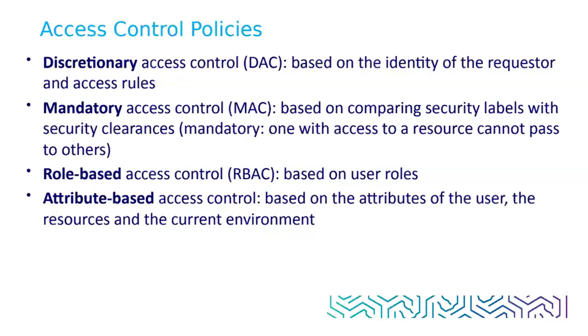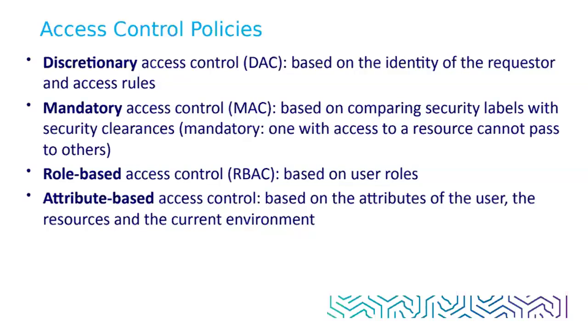And then we have role-based access control, RBAC. Instead of assigning permissions to the individual user, the permissions are assigned to the roles. So the users receive the permissions by being assigned to those roles. And then lastly, we have attribute-based access control, which is the most flexible access control policy. Instead of considering only identity or the role, the system evaluates multiple attributes